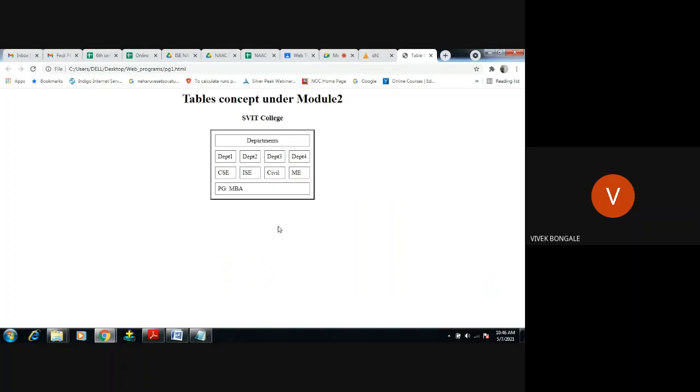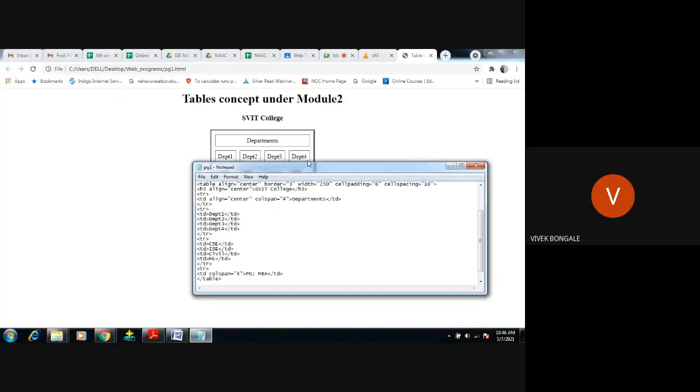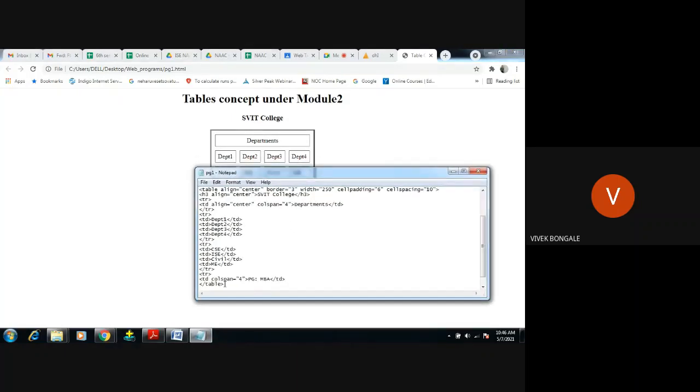See, we got all the department details under SVAT college. We have some departments: department 1, 2, 3 and 4, CSE, ISE, civil, mechanical, and I have merged all 4 columns here, and we have one PG department, that is MBA.